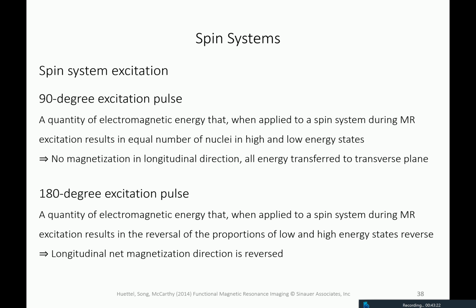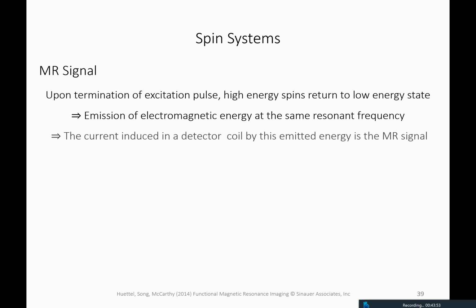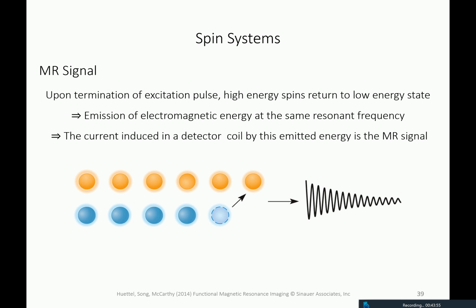These are two terms at this point to appreciate: that you can tilt this net magnetization vector, and you can tilt it by applying energy, radio frequencies, electromagnetic power. You can either apply a lot of energy, then you can tilt the whole thing, or you apply a little bit of energy and then you only tilt it by 90 degrees. So, maybe I stop on this. So the thing is that